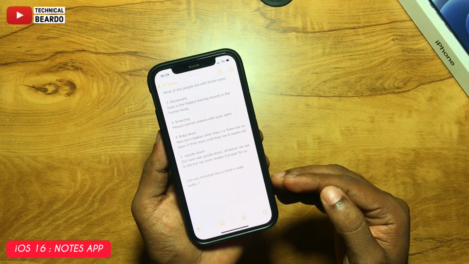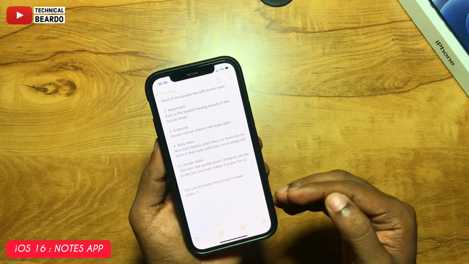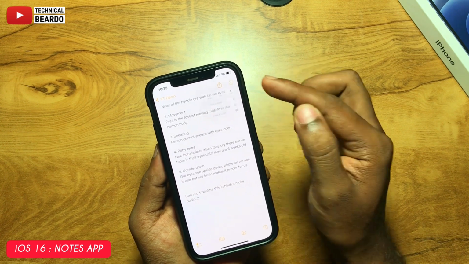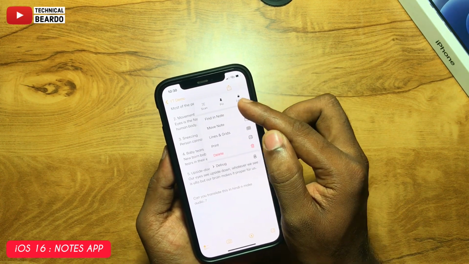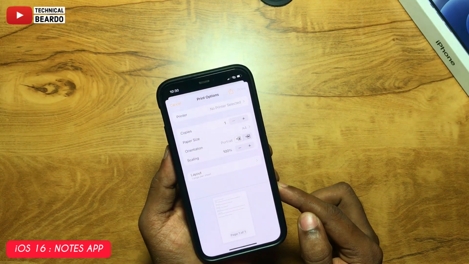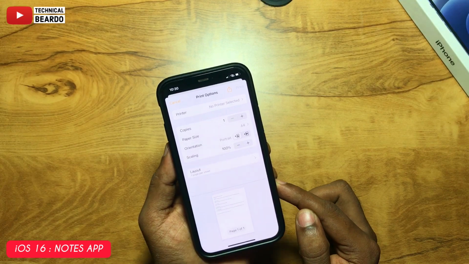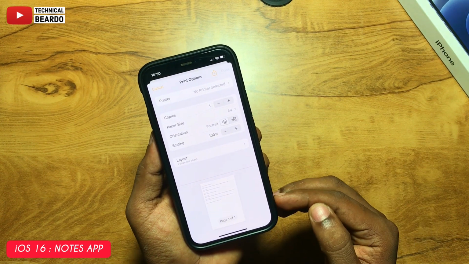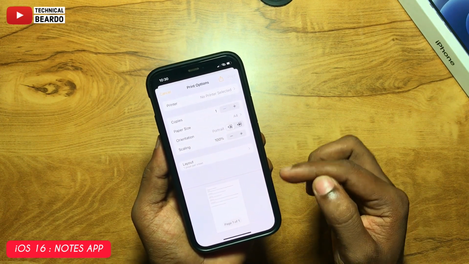So basically the note is considered as a document, and whenever you're trying to print a document, there are different options given to you. Do one thing, just tap on share, and in the share option just tap print. Once you go there, earlier like photos, it is not here because it's a document, and for a document different options are given to you. So basically in print there is an option called share also. From there you can share a note as a PDF document.